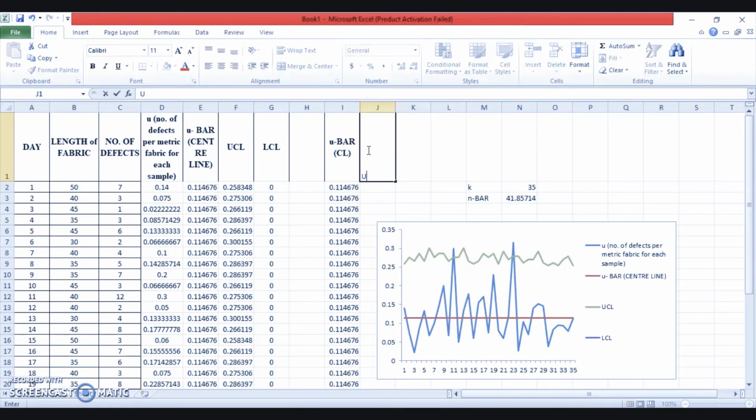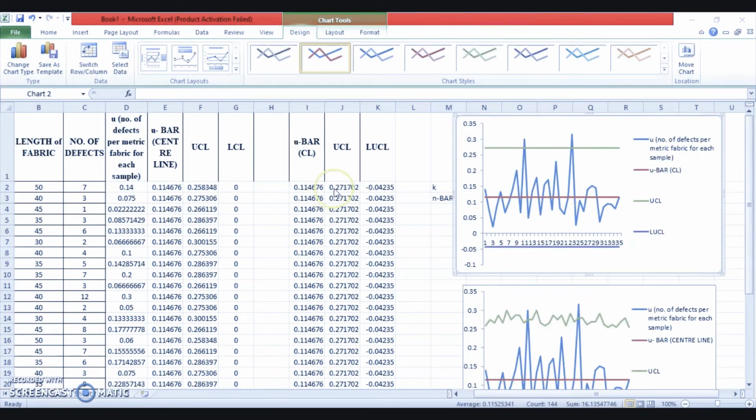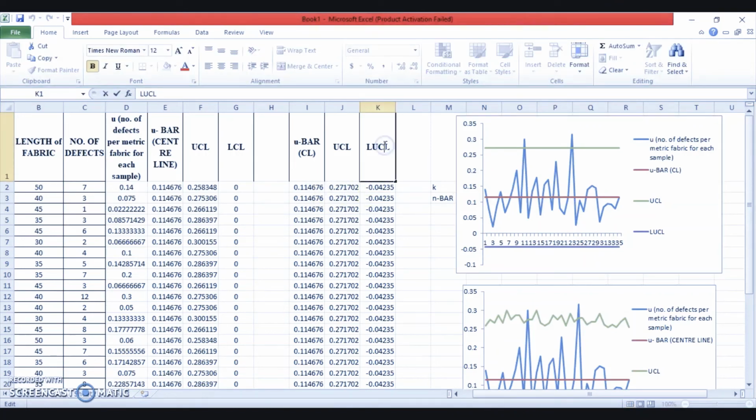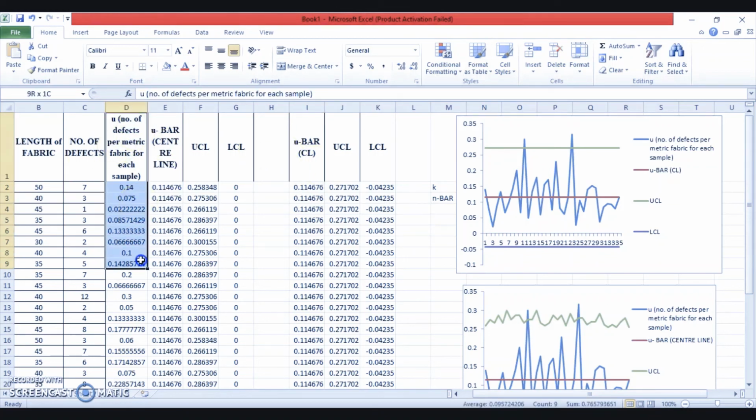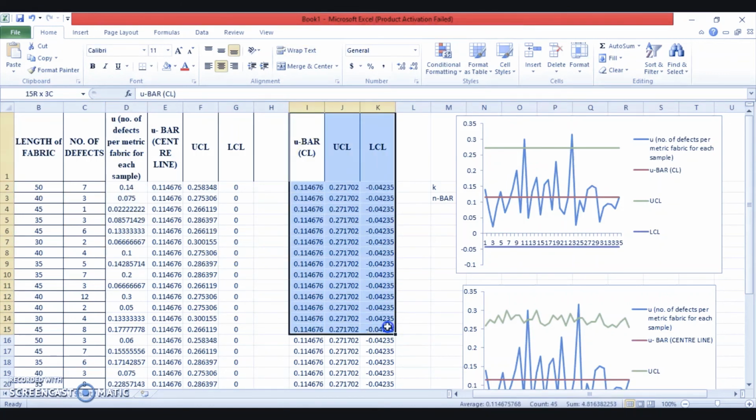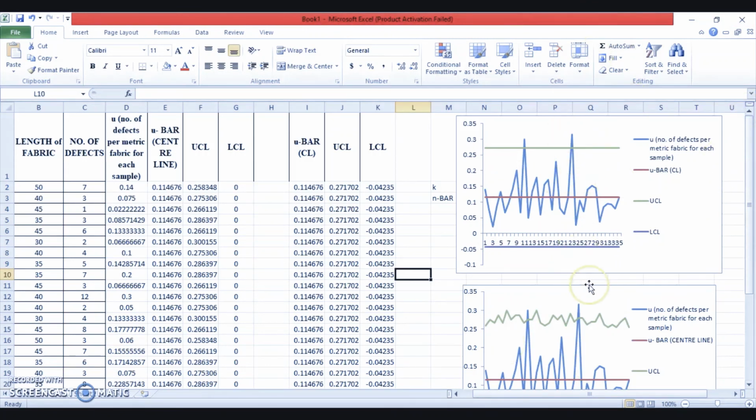Now I'll calculate the upper control limit and the lower control limit with the help of the formula, and the formula that we use for finding out the upper control limit and the lower control limit is the same as we used there. So here also the formula will remain the same, but just the value for u bar will be changed. With the help of those formulas, I selected again the number of defects per metre of fabric and the upper and lower control limit values, and I plotted this line graph,